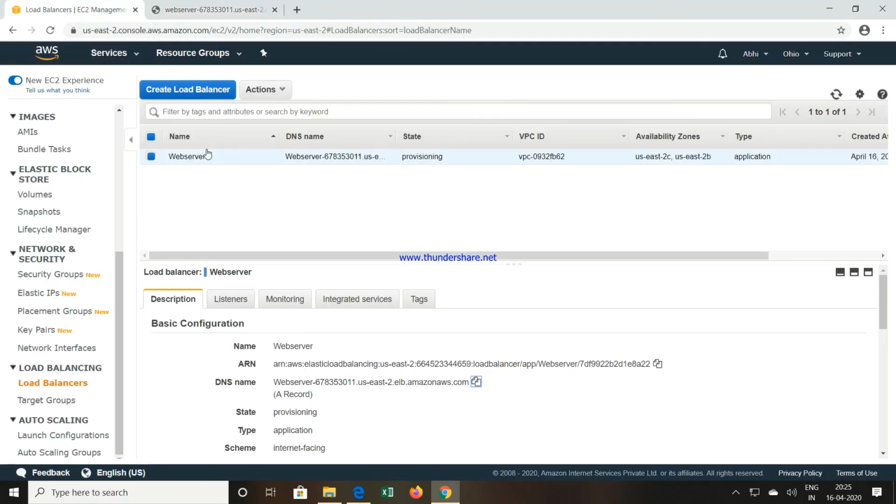Now you can see I have clicked on the refresh button. It is showing, this is web server 2. Again I will click on the refresh button. It is showing, this is web server number 1. Again I will click. Now it is always changing. That means the request is sent to the first instance, then again to the second, again to the first, again to the second. So like this the load balancing is done. So this is how a load balancer can be created and used for different applications for load balancing.